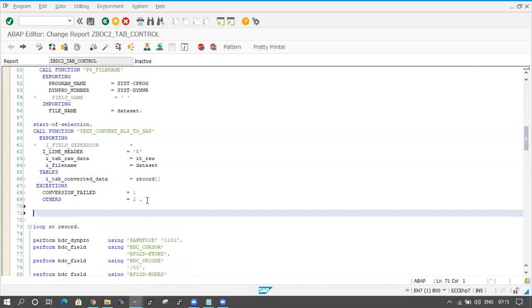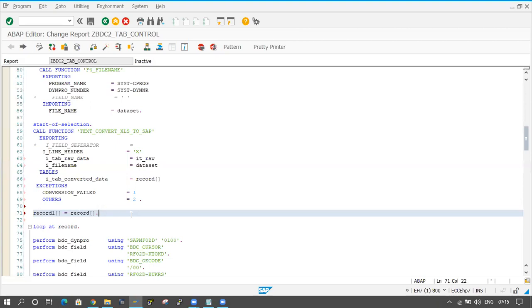Now what I will do, record one equal to record. So I'm fetching the data in the record, right? That data I am passing into one more internal table, that is record one.